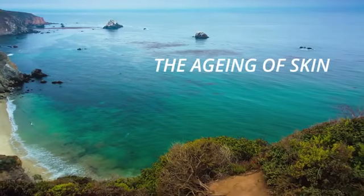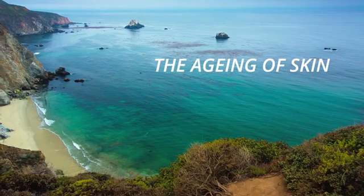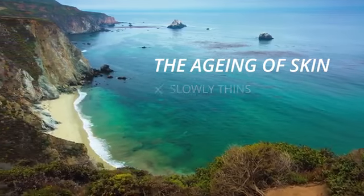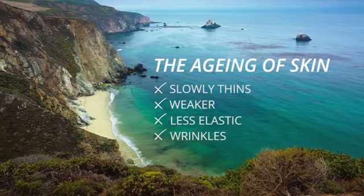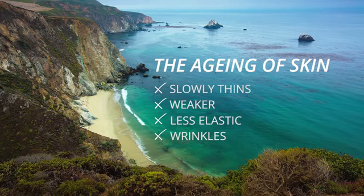The aging of skin is very like the slow erosion of a coastline. You can't see it happening from day to day because it is so very slow. But over the decades, the skin slowly thins, it becomes weaker and less elastic, and wrinkles form. The fact that some parts of the skin, usually those areas that are exposed to sunlight, age faster than others,